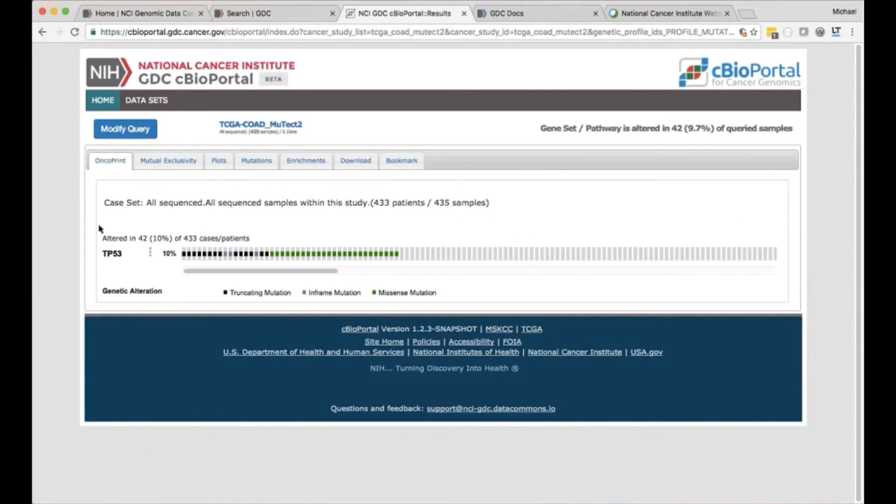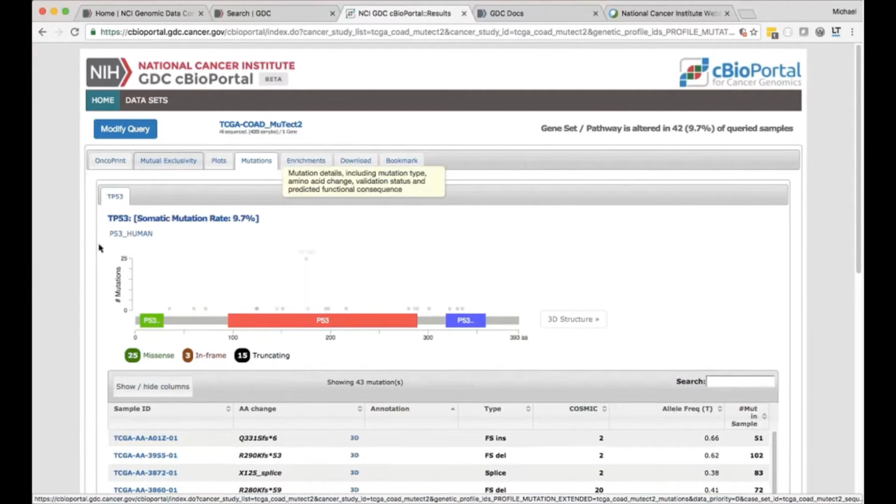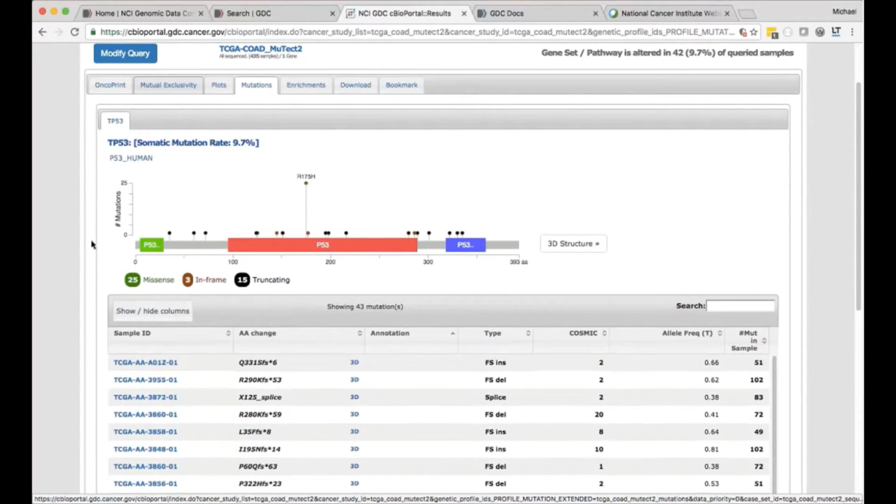Okay, so much like cBioPortal, we do have OncoPrint and some other different graphics, which are all very interesting and informative, and I recommend that you all explore them. Today we're just going to skip ahead to this mutation section so we can see the frequency of the different mutations impacting TP53. This is what is known as a lollipop plot,